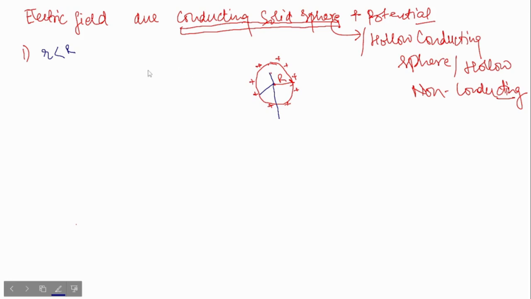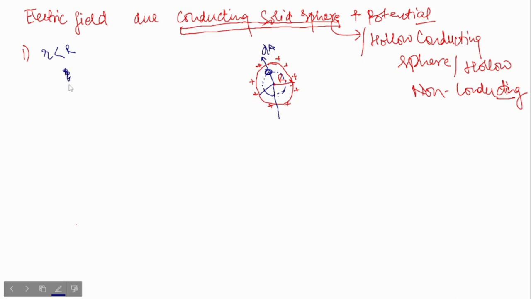If you consider another sphere of radius smaller, and an area element dA here, pointing upwards,